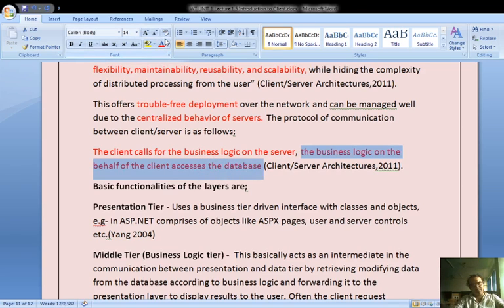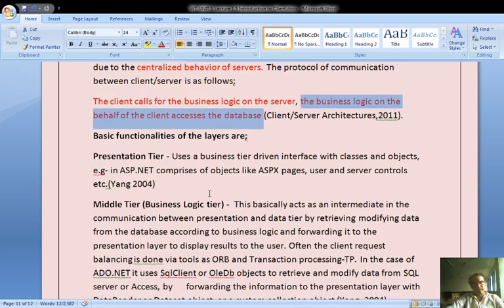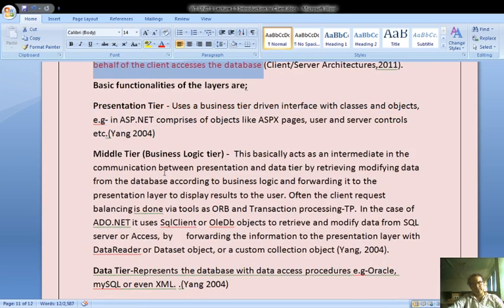So now the two-tier step has been divided into the three-tier step. The basic functionalities of the layers are: the presentation tier uses a business tier driven interface with classes and objects.